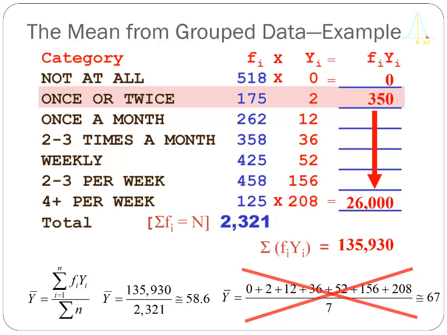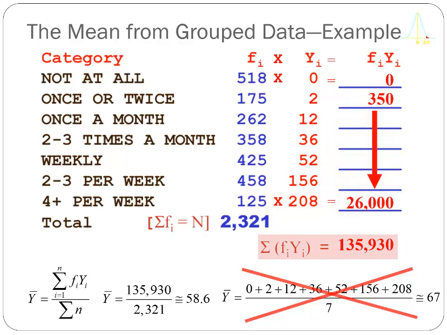I would go ahead and calculate all those multiplications, 262 times 12, 358 times 36, and so forth. And moving down to the 4+ per week column, we can see we had 125 people who reported having sex 208 times in the past year, or 26,000 times. If I add up all of those product numbers, f sub i, y sub i's, I get